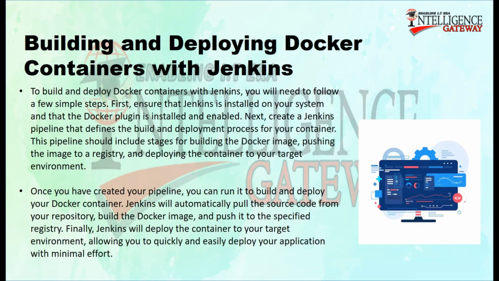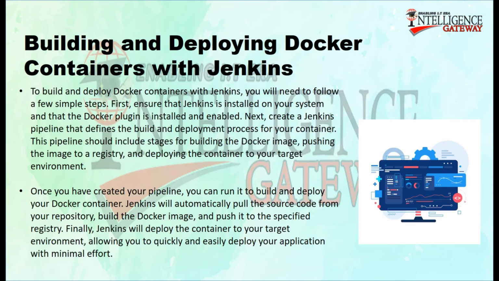Building and deploying Docker containers with Jenkins. To build and deploy Docker containers with Jenkins, you will need to follow a few simple steps. First, ensure that Jenkins is installed on your system and that the Docker plugin is installed and enabled. Next, create a Jenkins pipeline that defines the build and deployment process for your container. This pipeline should include stages for building the Docker image, pushing the image to a registry, and deploying the container